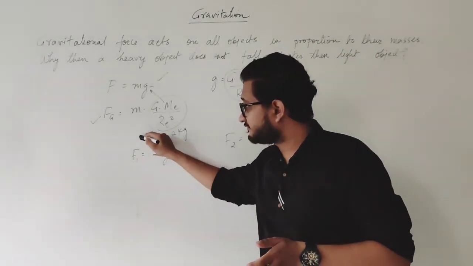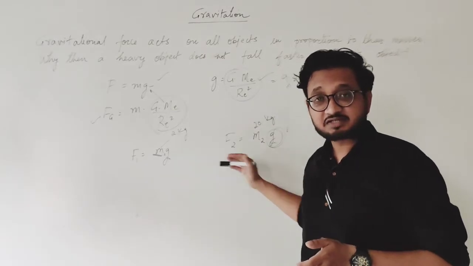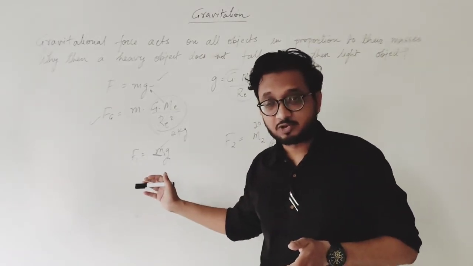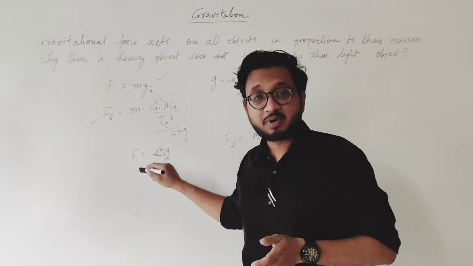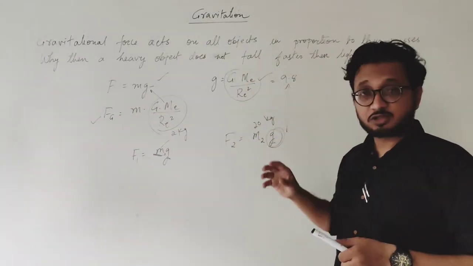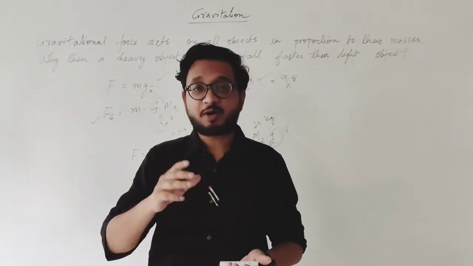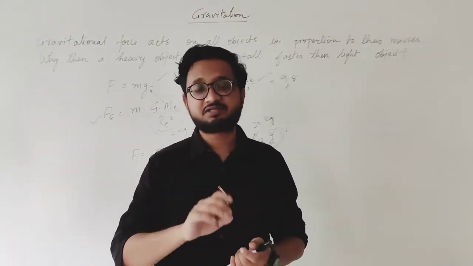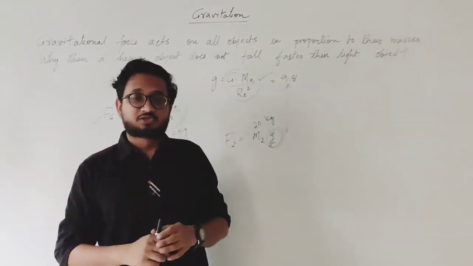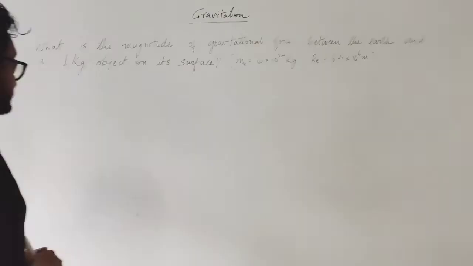So the gravitational force is not dependent on the acceleration. Acceleration will remain the same. Okay? The force will depend on mass if we are using this formula. Of course, it depends on the other object also, but we are talking about free fall. And when we are talking about free fall, we always talk about the mass of Earth, and that remains constant. So I hope it is clear to you, students. Let's move on to the next numerical.